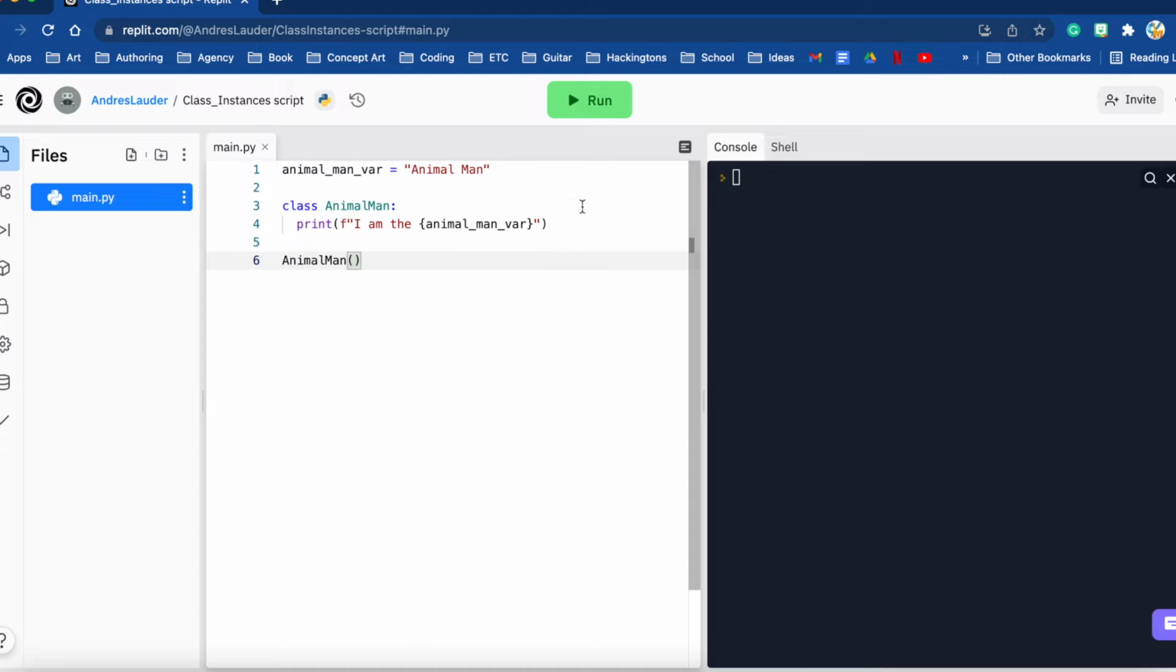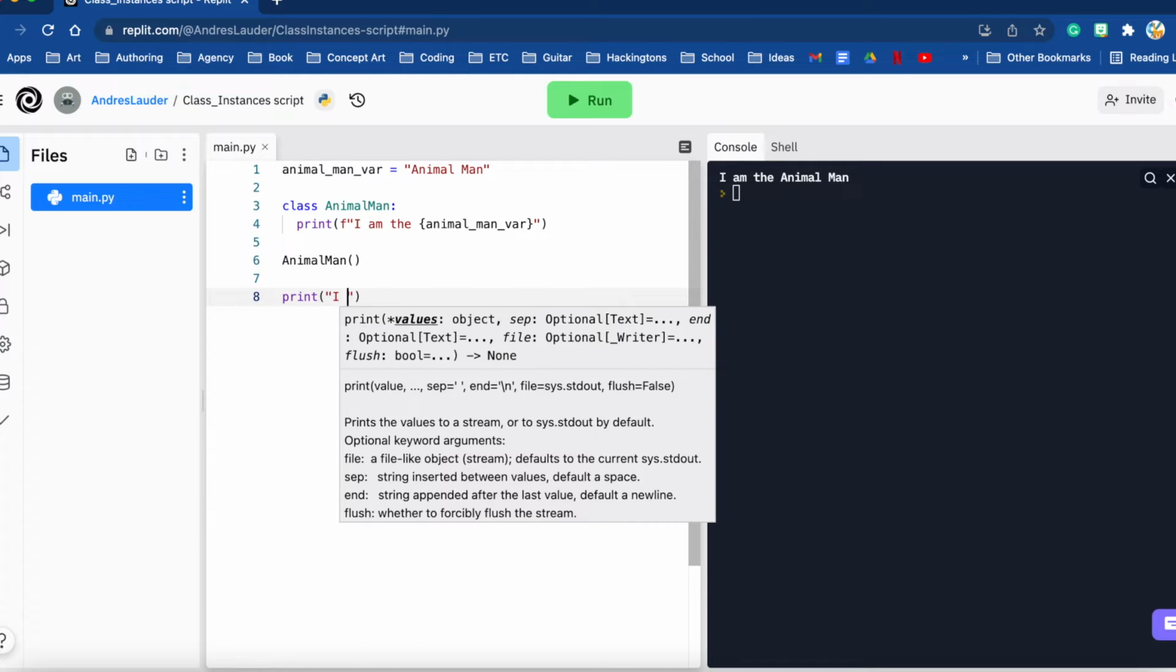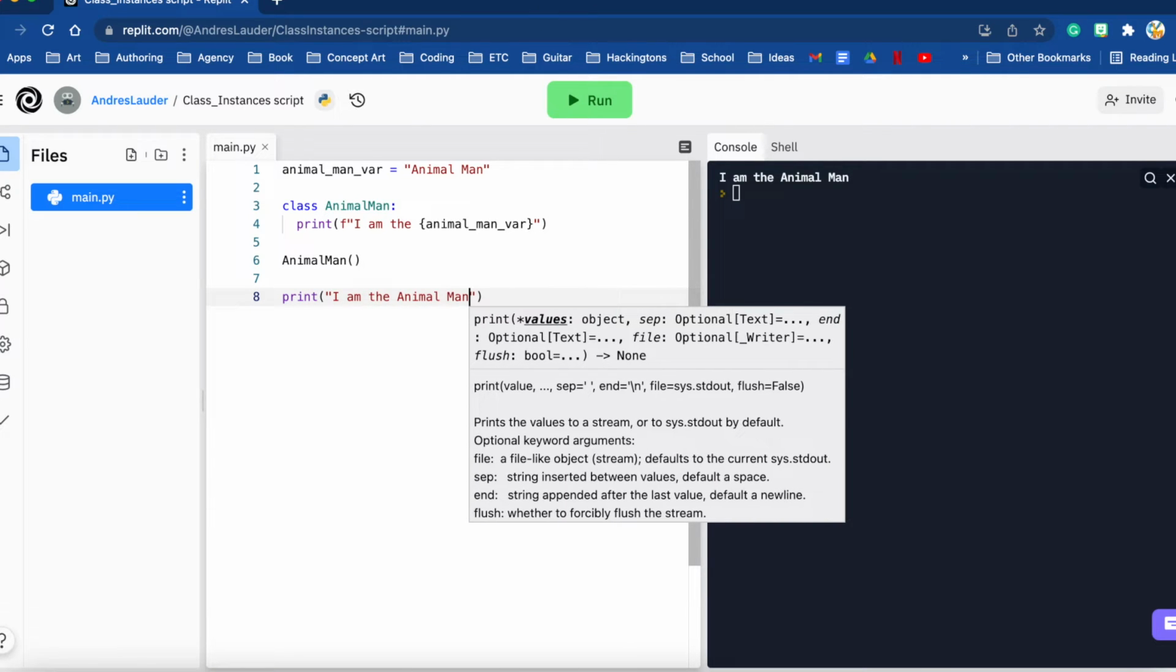Make sure you spell everything correctly. So when we run this, we get "I am the Animal Man." You may be thinking that this is a really long and unnecessary way to just print something, right? Print "I am the Animal Man." It should be the same thing